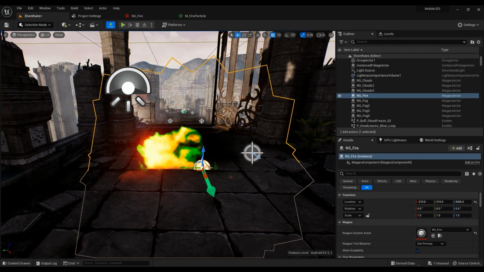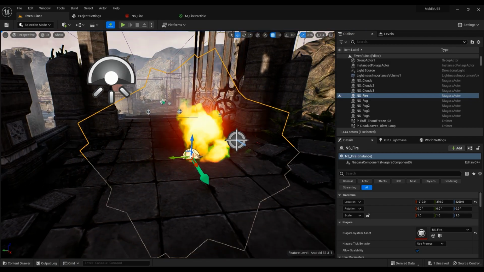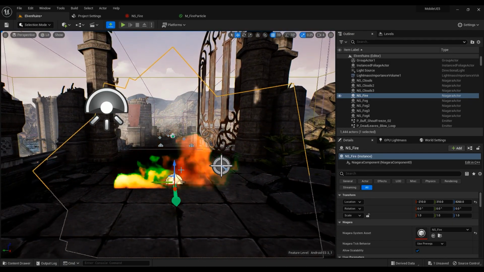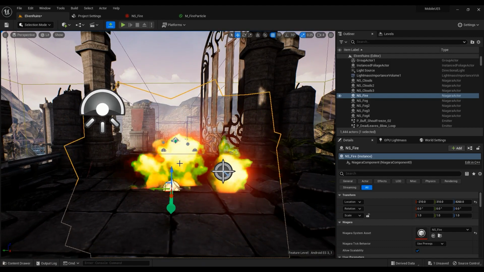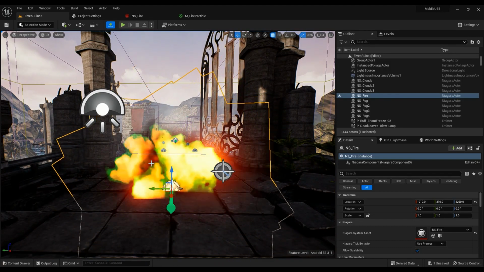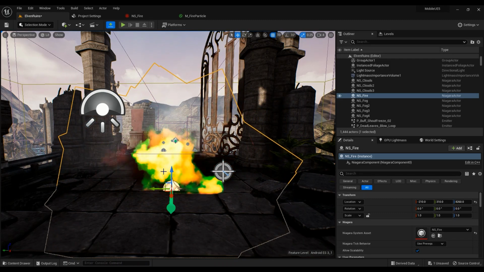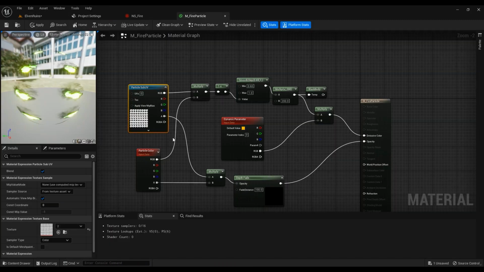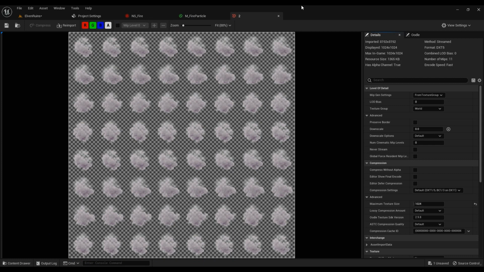Hello there, in this episode we are going to be creating this fire effect for mobile. It looks good. If you're thinking about mobile, the texture quality is a little bit low, and that's deliberate because here's the texture we are using in this effect, and the texture right now is 1.3 megabytes,